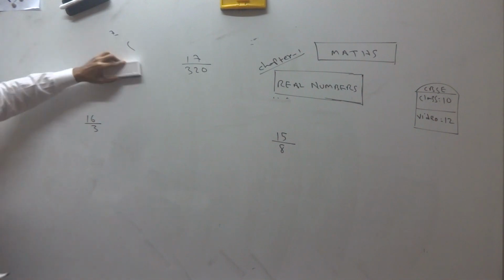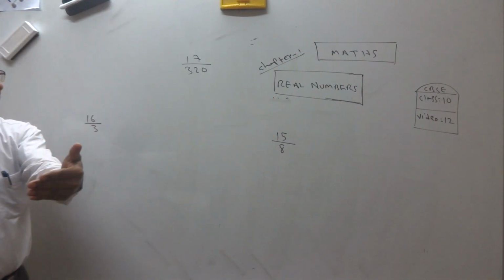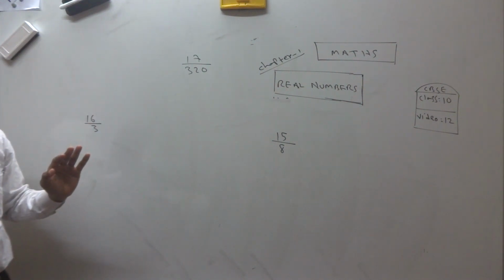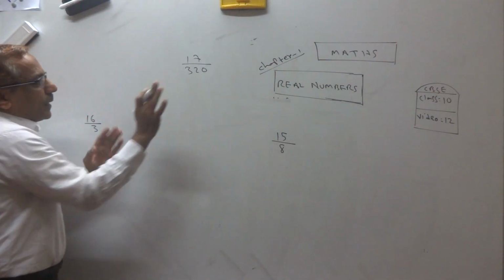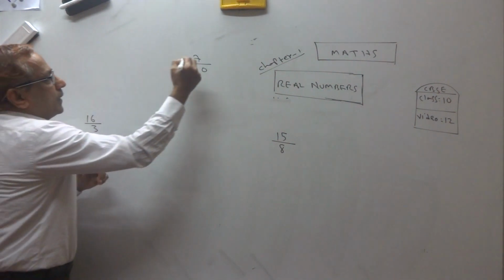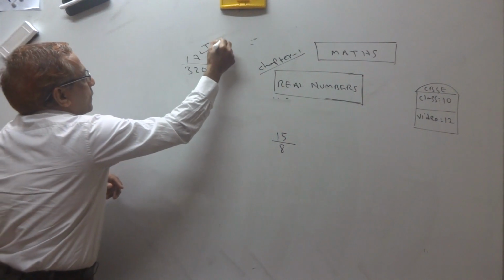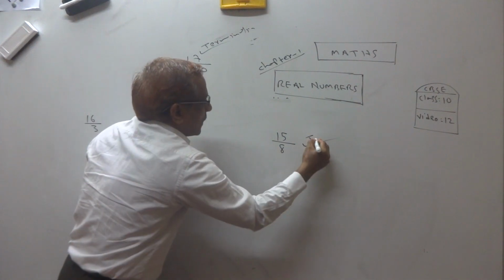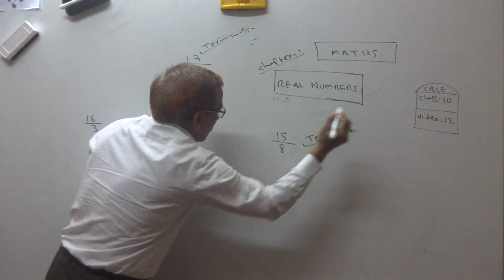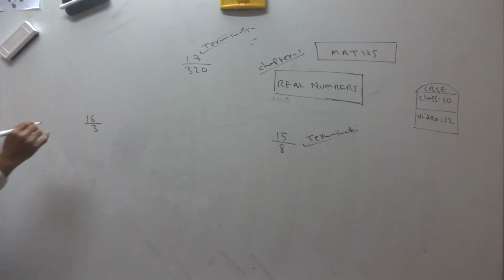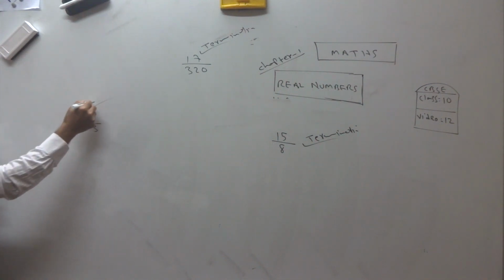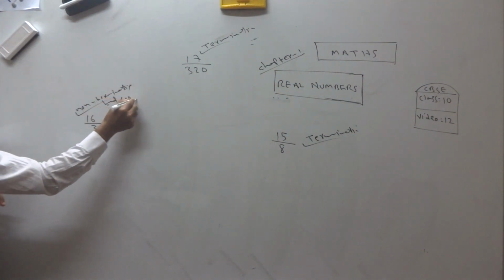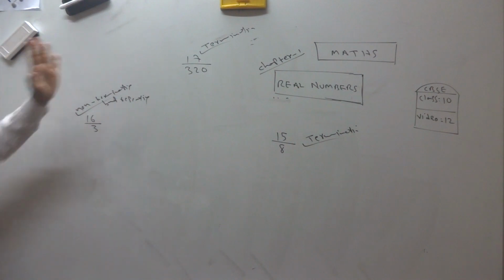But without dividing, without actually performing the long division, we can also give the result. I mean, now I can say, see, I am not dividing, but I am saying that this is a terminating decimal. This I am not dividing. This I am saying that non-terminating but repeating. Yes, let's check now whether what I said is correct or not.